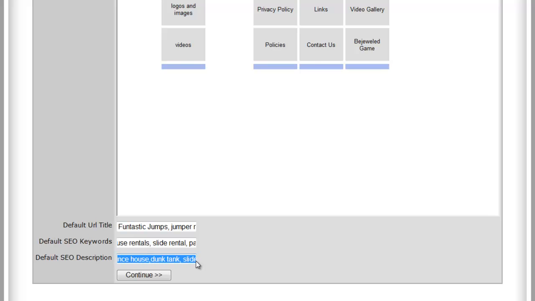Bounce house, dunk tank, slides, and concessions for rent. Alright, not too bad. This could certainly be bumped up a little bit. So inflatable party rentals. My guess is that people are not looking for inflatable party rentals. They're looking for bounce house rentals, and probably not even party. So probably going to be bounce house rentals,